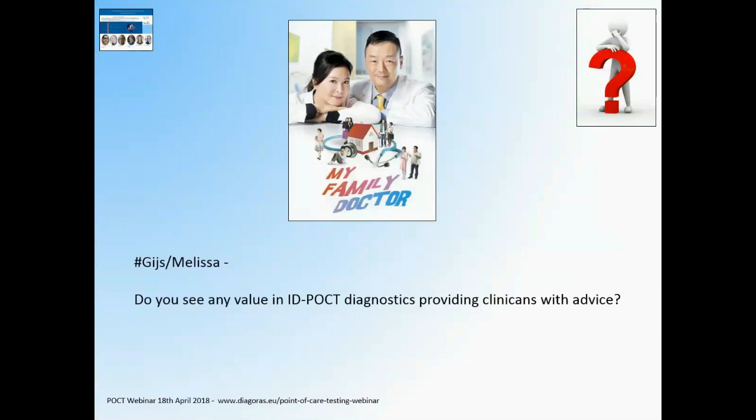I think ID-POCT has definitely the potential to help me guide treatment. Especially in times of emerging antibiotic resistance, it is most helpful if a test could tell me if the infection is viral or bacterial. But indeed, I think additional advice about healthy carriage of viruses or bacteria and how to interpret the results is crucial to make the difference in this